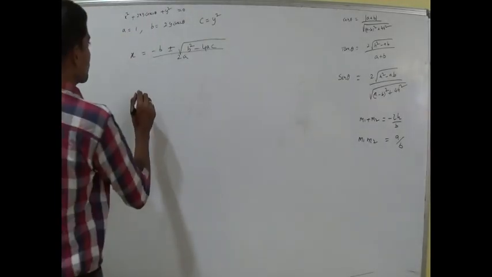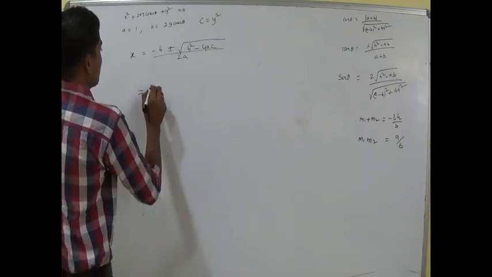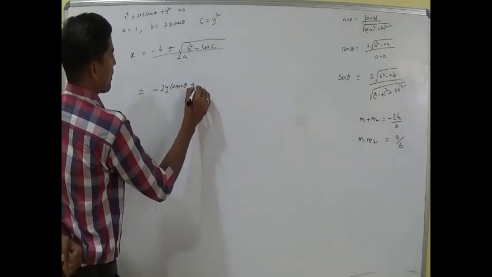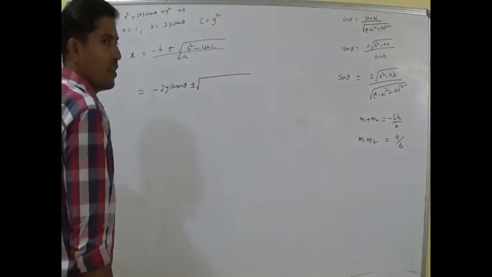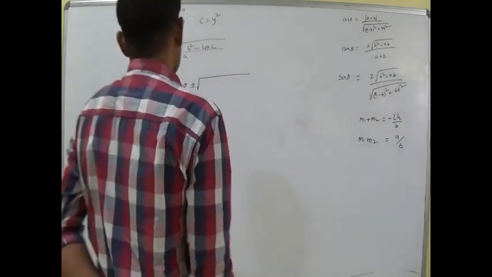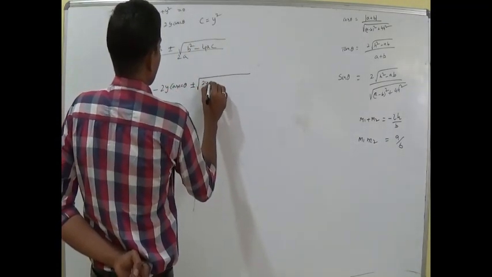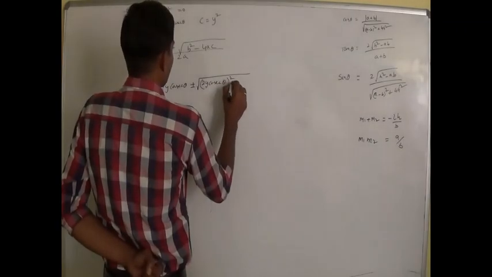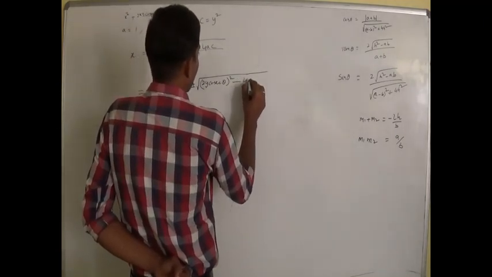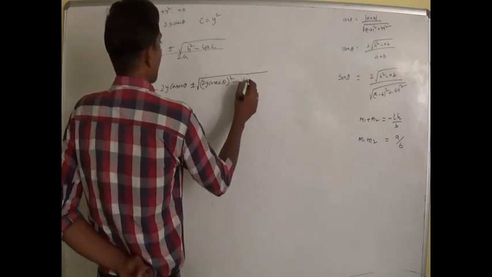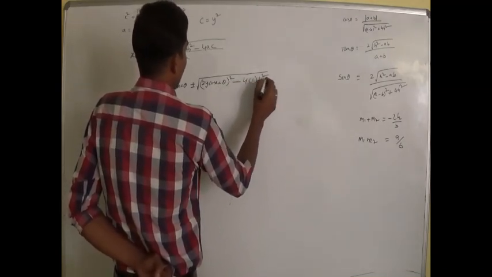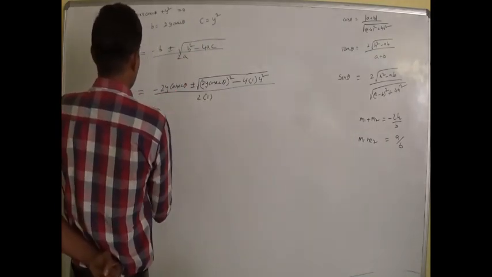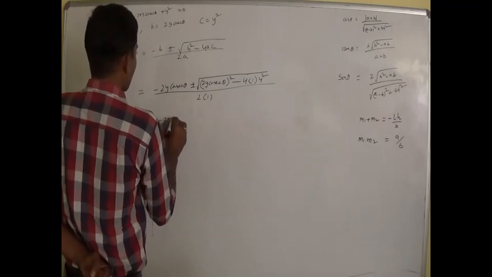Let us see. B is equal to 2y cosecant theta plus or minus square root of b square minus 4ac. So (2y cosecant theta) whole square minus 4. What is a here? 1. C is y square. By 2a, 2 into 1, which is equal to minus 2y